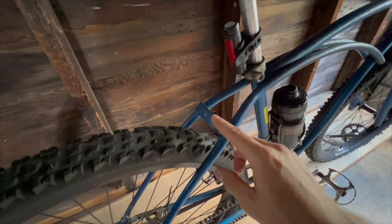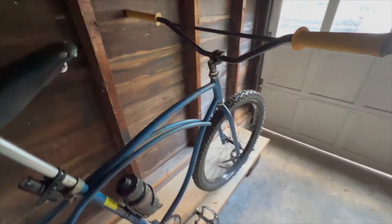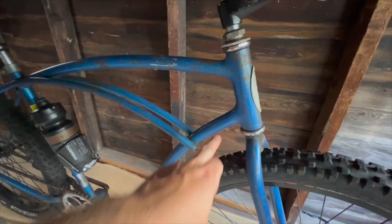It's got a different brake bridge. This one, you can actually mount a brake to, rather than the other ones that were fender bridges. So that's something that's different. It's obviously got this gorgeous Chicago Schwinn